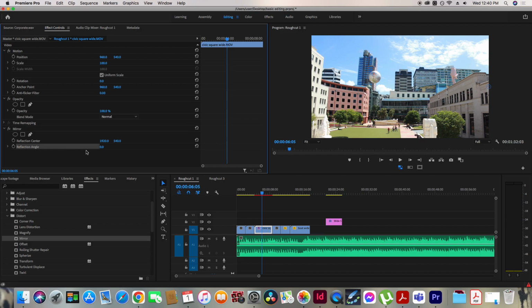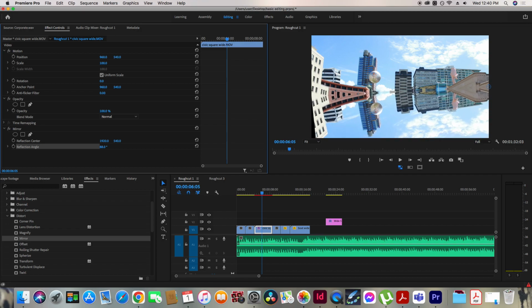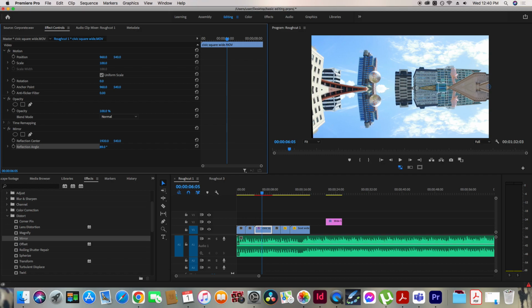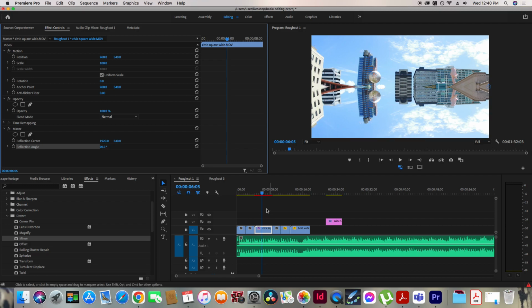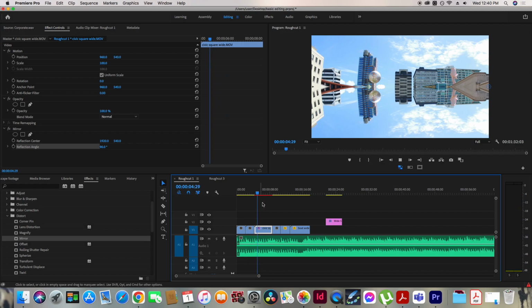I think it's the reflection angle. Yes, so we bring the mouse over and just move it to the right, and it will apply the effect. I think we put it to 100 or 90. I can just type that in. And there is your mirror effect,